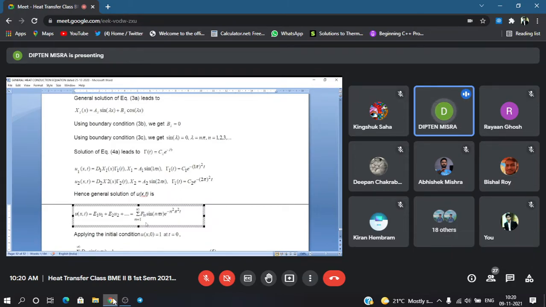Now to find out this unknown, we use the only unused condition, that is the initial condition. And that initial condition has to be a non-zero condition. What that says is that u for all values of x at time equal to 0 is equal to 1. That was the initial condition, if you remember. At time t equal to 0, this u is equal to 1. And that we substitute